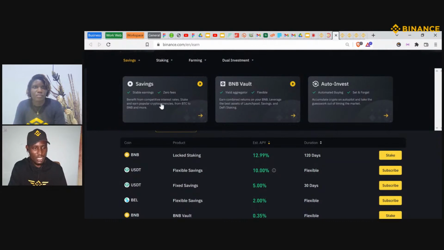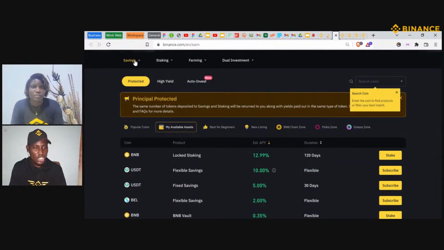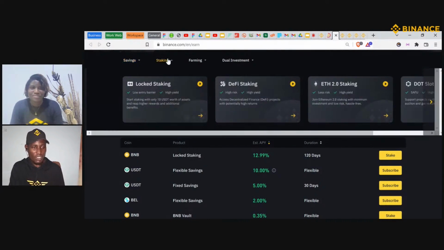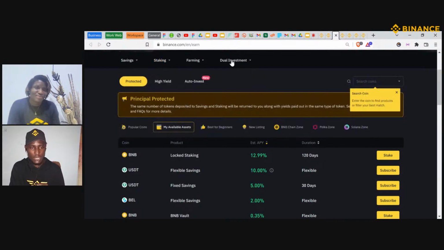You can also get a brief explanation about each of the products, the savings product, a BNB vault, and the like. So you could just read some text and pay attention to the little explanations on the Binance website. Binance also provides some hints and guides on how to do some things easily without even having to go to YouTube or anywhere else. Also, we have the staking, under which we have the lock staking, DeFi staking, and ETH 2.0 staking. I'm going to show us how each of these